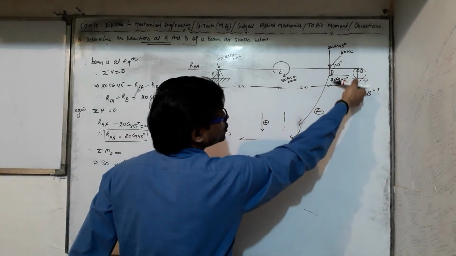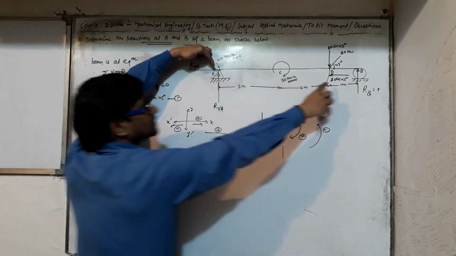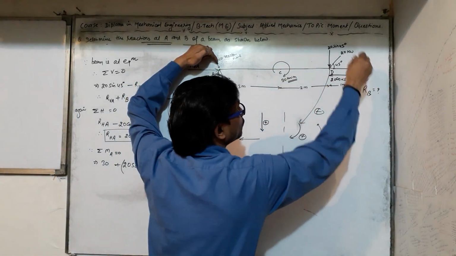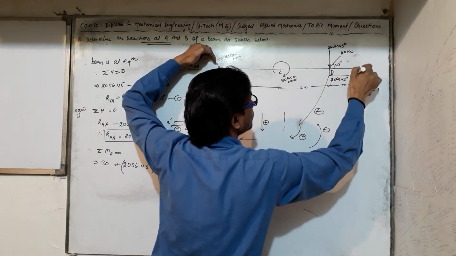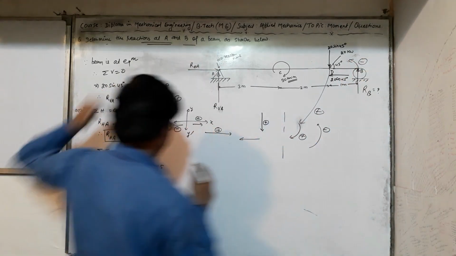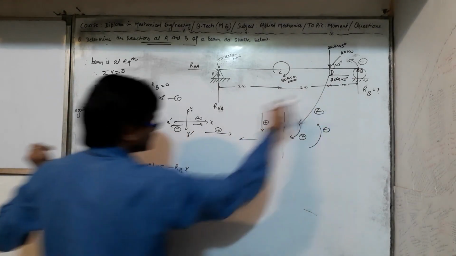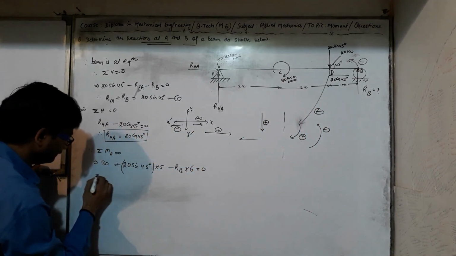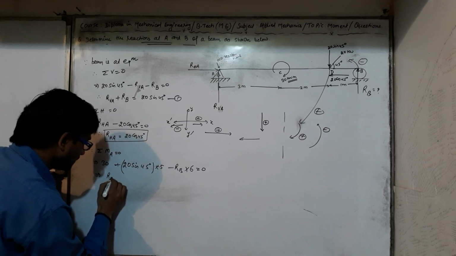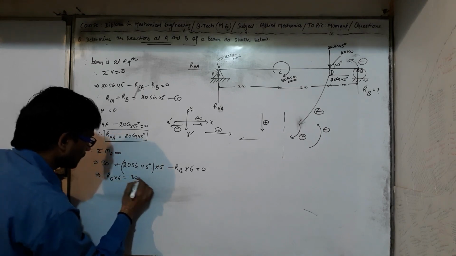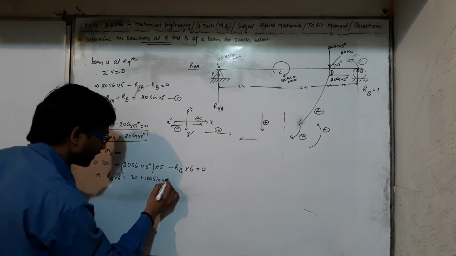And now this 20 cos 45 is passing through the moment center. See, the line of action is passing through the moment center, so its effect would be 0. One is RB, which is acting in this direction, producing anti-clockwise moment. So we can say minus RB into what is the perpendicular distance? 3 plus 2 plus 1, that is 6, is equal to 0. Here it is negative, transposing becomes positive. So we can say RB into 6 is equal to 30 plus 20 into 5, 100 sin 45 degree.